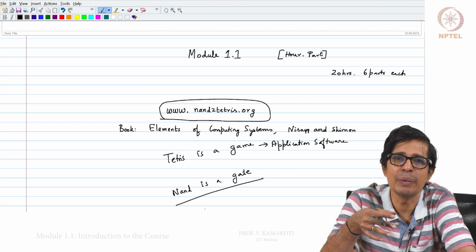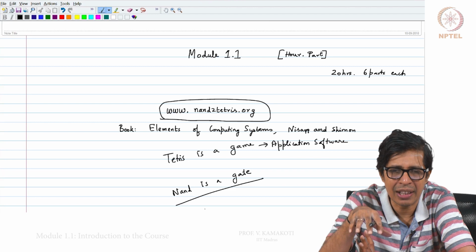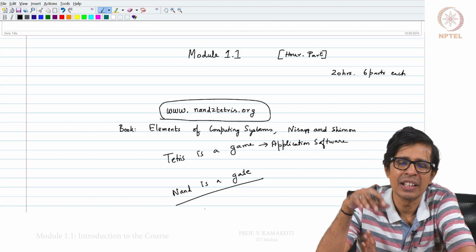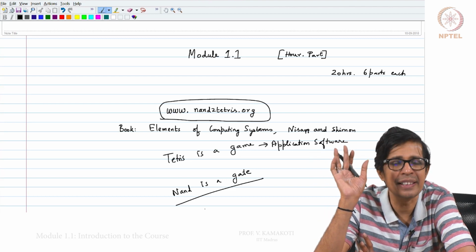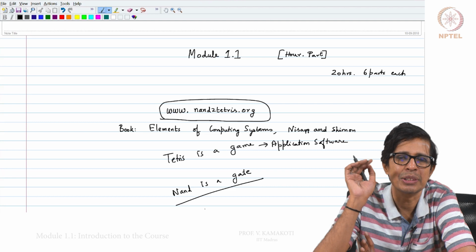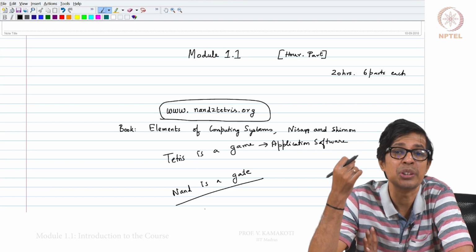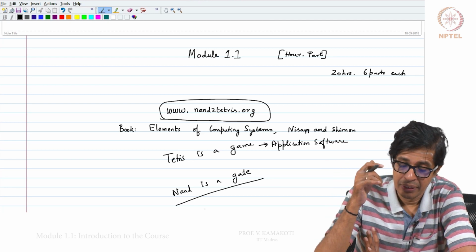Using that NAND gate we use several such NAND gates to build a hardware. We will write software layers on top of it, and finally we will compile and execute a Tetris game on that simulated hardware. So that is why this course is called NAND to Tetris. I hope this is very exciting to you.